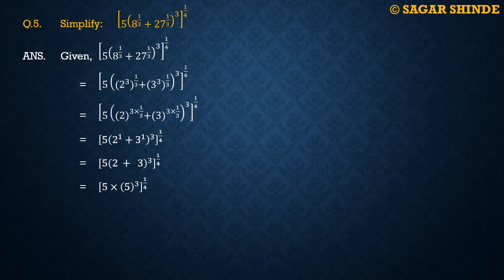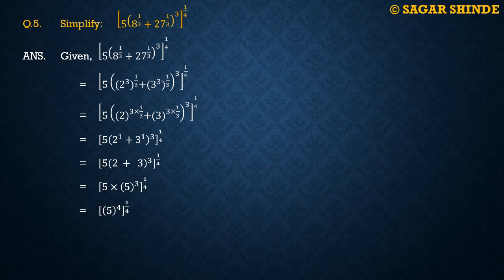Here we are going to use the law of exponents. We have the same base, so simply we can keep the same base and add the powers. Here the power of 5 is 1, remember that. And the second number we have there is 5 cube. Okay, so we can keep the same base 5 and simply add the powers 1 and 3. So this can be written as 5 raised to 1 plus 3, that is 5 raised to 4, raised to